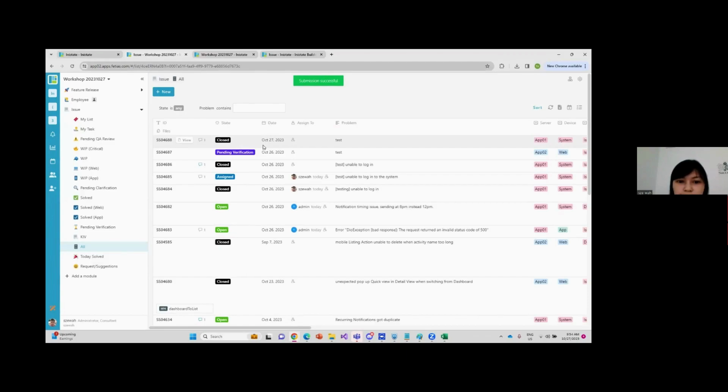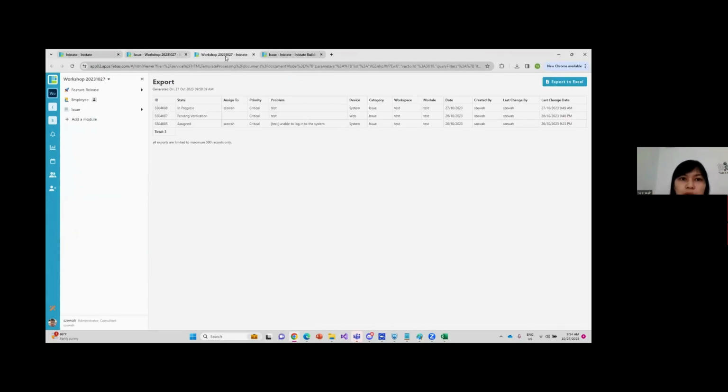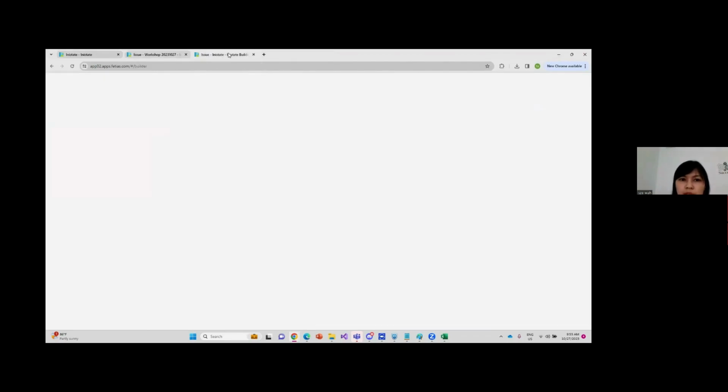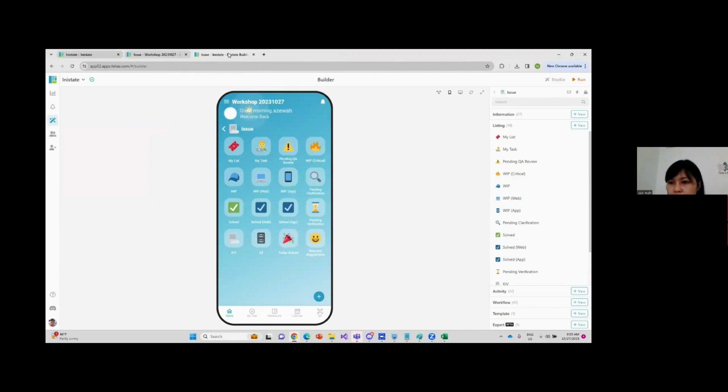Okay, so if you have questions, you can actually post them in the comments. If not, I will show you how it looks on the mobile apps. Because nowadays people travel around, and it's important to have a mobile app that lets you know the situation of your company anytime, anywhere. Okay, so on the mobile apps,